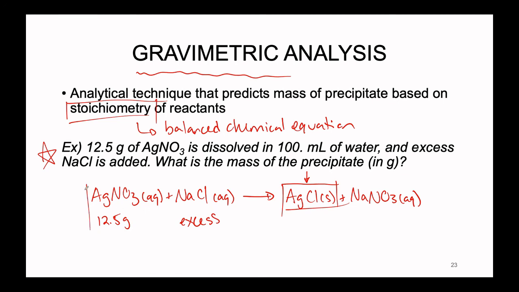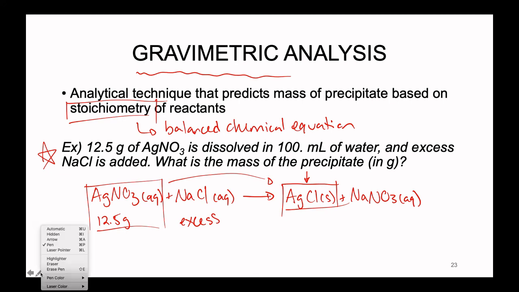So this means that we are going to be starting with the mass of 12.5 grams of silver nitrate and using stoichiometry to predict how much silver chloride is going to be formed as a result. So I'm gonna switch colors again, just one last time, trying to keep some contrast here. So if we start with 12.5 grams of our silver nitrate, here we can drop the aqueous form, since in this type of stoichiometric calculation, the form is sometimes useful for bookkeeping, but it's not explicitly necessary in